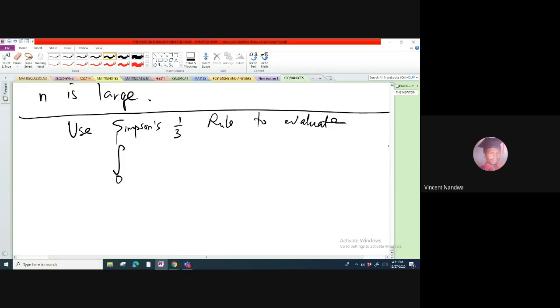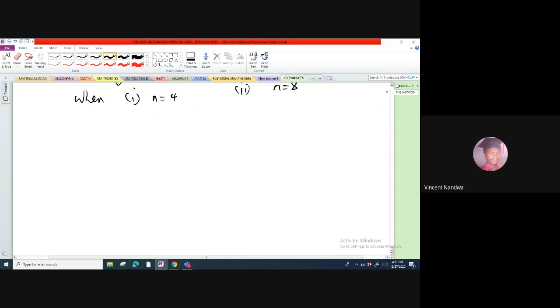the integral from 0 to 1. Just use the same example, when n equals 4 and n equals 8. So, solution,